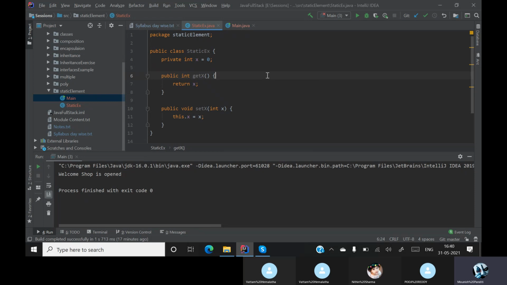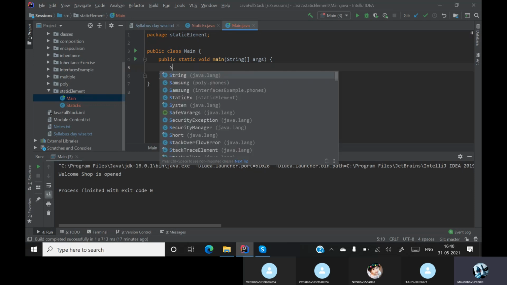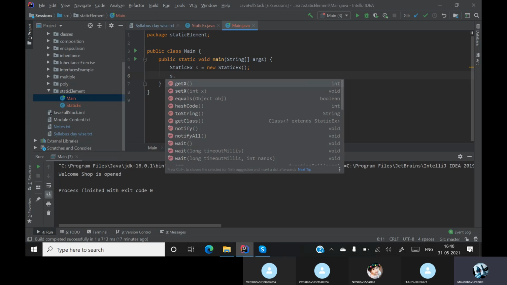Till this point we are clear? No rocket science. Now here I'll create an object for my static class, let us say s is the object, new static example.